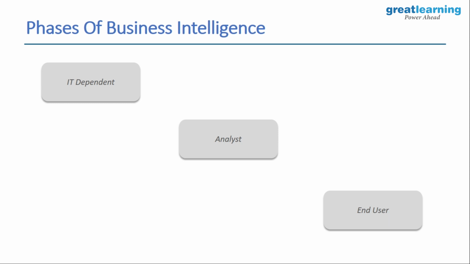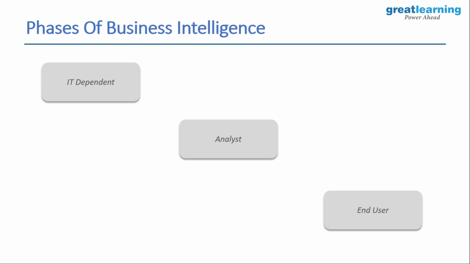But as time evolved, we moved out of this second phase as well, and we are talking about a generation now where we have tools that do not require you to go through all this manual venture and multi-team connectivity where you have to go through these different phases. Instead, we have tools where you can just put in your data, get the data from different sources, just transform it using one single tool with certain clicks, and post that. You can actually go ahead and create visualizations, generate intel out of that data, and perform your business intelligence practices. And this is the third phase that we are in right now.